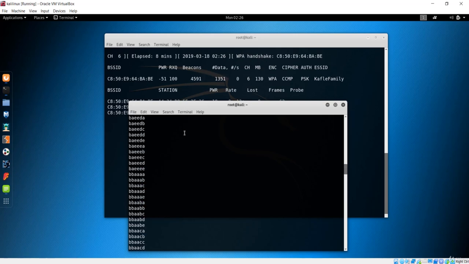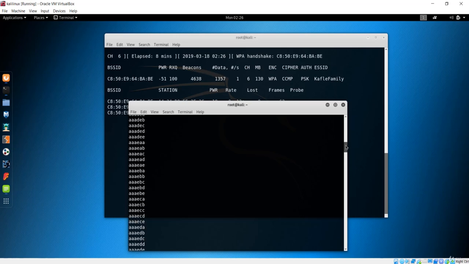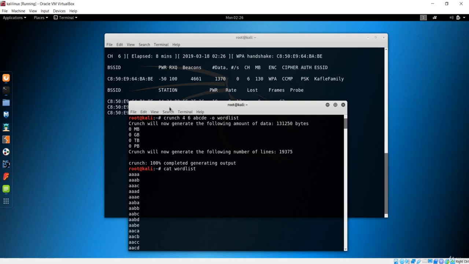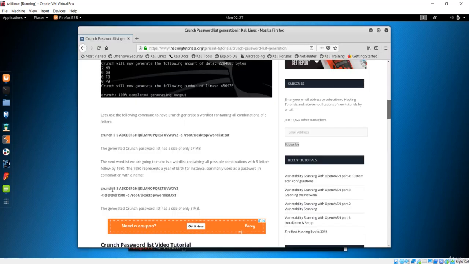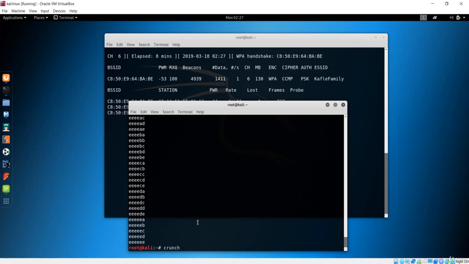But before wrapping that, we have this crunch application, and there is another argument available in this crunch application, and that is to make some patterns. So we'll use that in order to create the patterns that we need. What I want is to use the same application, and you could also see over here that it has given some commands. So instead of writing by myself, I'll just grab it and show you what this means.